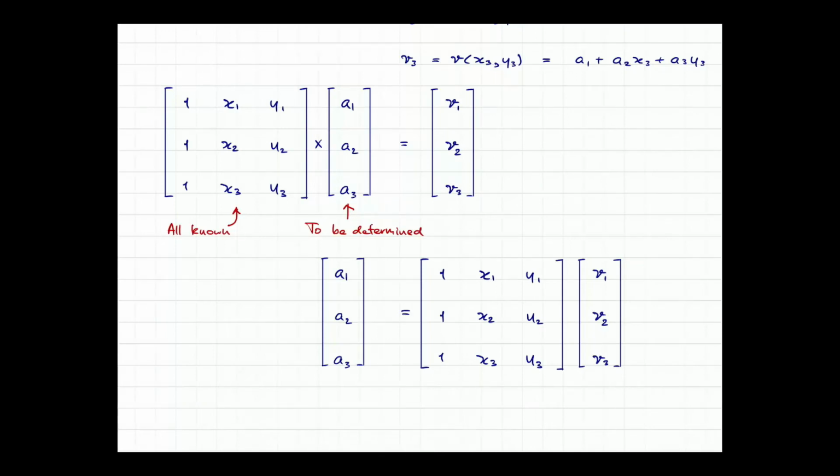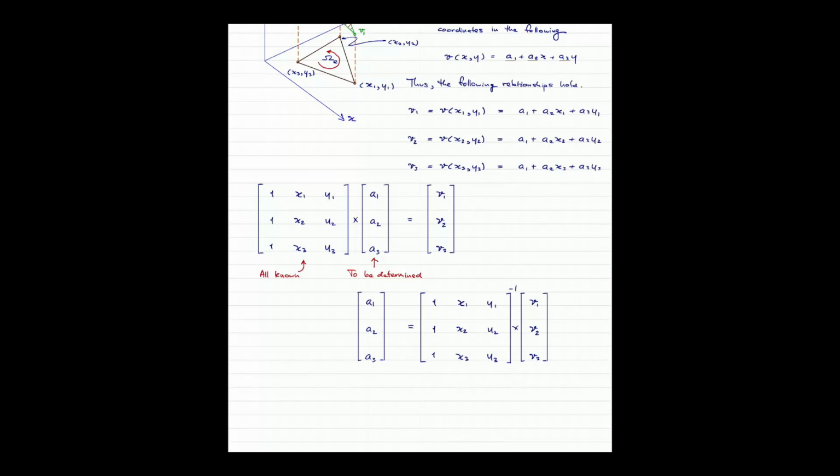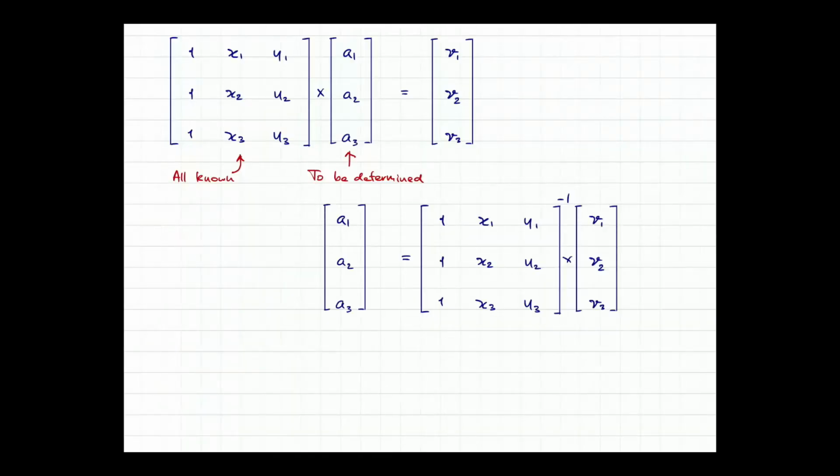Equal to multiply and inverse. So we will know the parameters a1, a2, a3, and then if we want to perform the inversion,